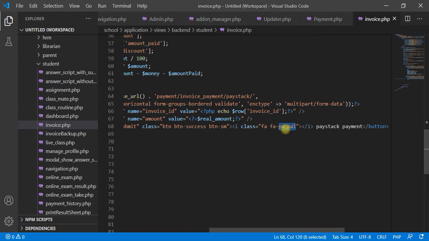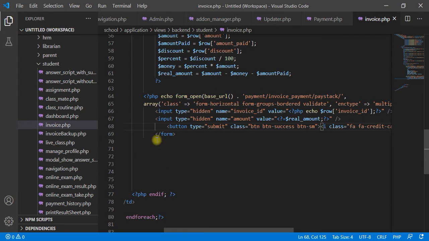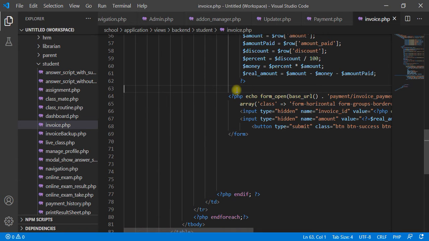So let's change this to credit card. Awesome, right? But guys, we don't want to display this form until it is installed as an add-on. So I'm going to say, let's get a variable. PHP. I need a variable, select paystack